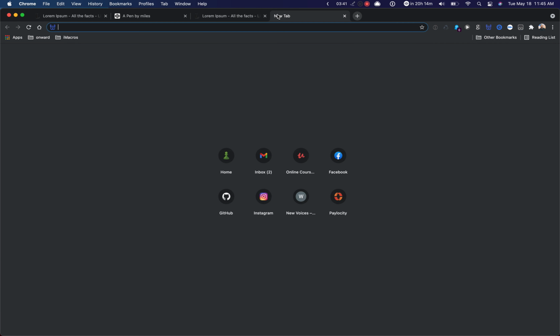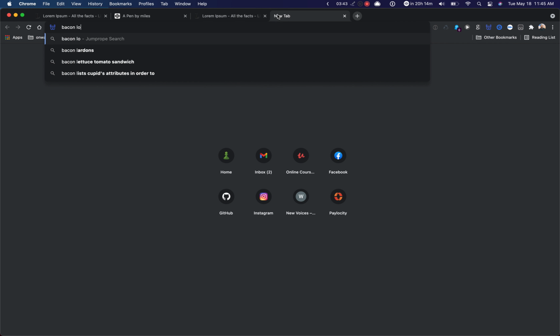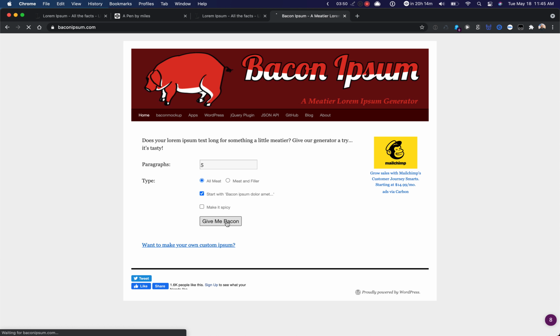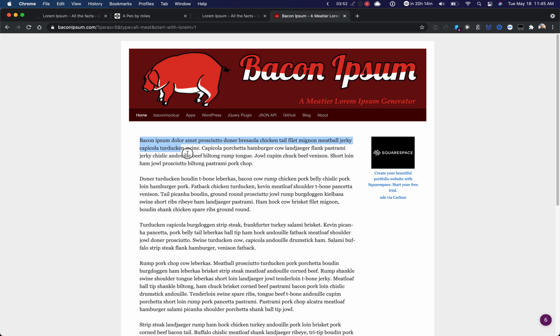I even think there's something called Bacon Lorem Ipsum. If I remember right, that's a thing. Bacon Ipsum. You can generate some bacon, and it's just going to have the word bacon in it and potato and all sorts of food. So there's all sorts of different Lorem Ipsum type spin-offs out there, but I just want you to be introduced to it, so that when you see it in the next lessons, you're not like, what the heck is this crazy language? It is Latin, or maybe I might use some bacon, and it's just a filler